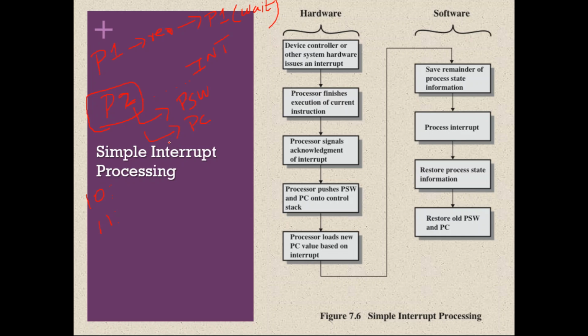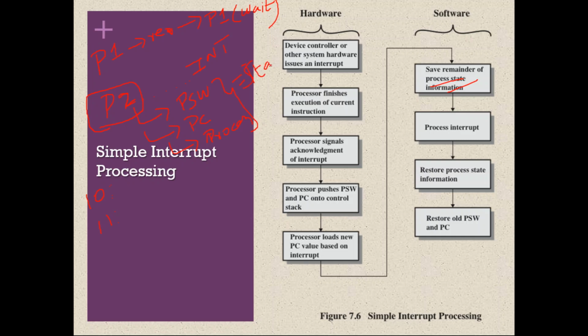If there is any other state information about that process, any local variables or any other information which will help to understand the current situation of that process, all such information also should be pushed into the stack. We'll call it the process state information. All these should be pushed into the stack. Then only you can keep a process in the waiting state.